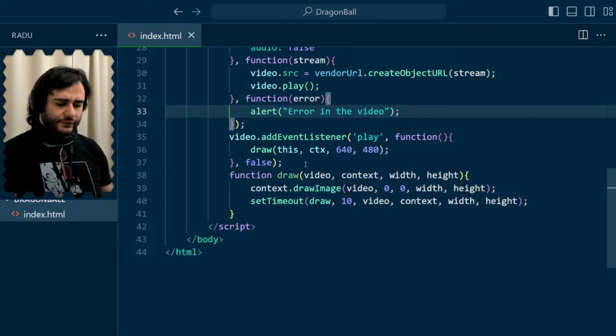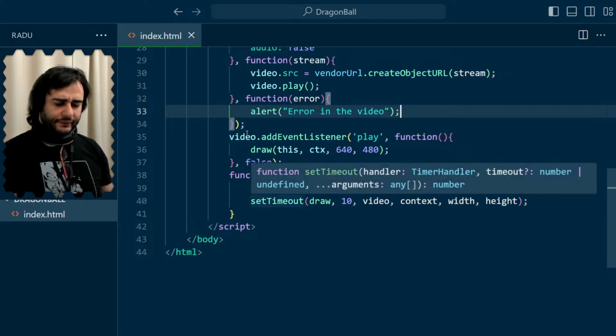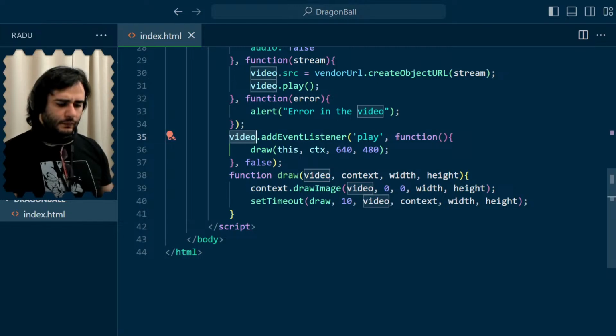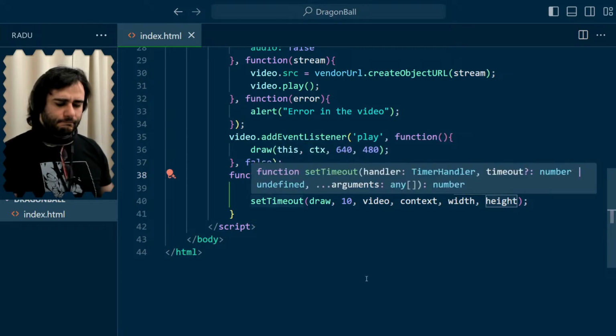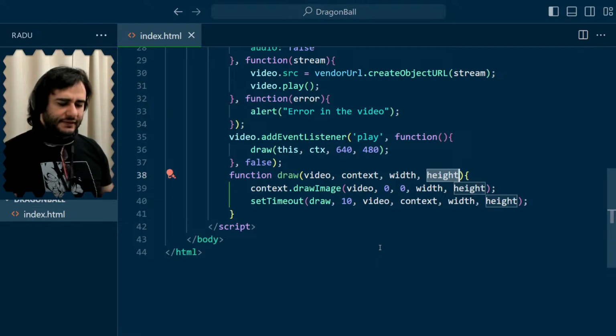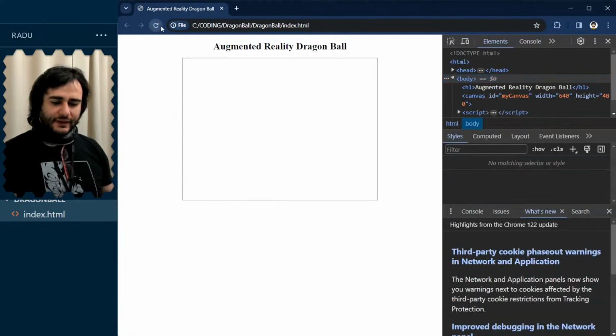It wants to already draw the video on the context. So it creates a new helper function for that, passes context as a parameter, and then the width and the height. Yeah, let's just see if this works. And then it does a kind of animation loop here where draw is called again and again and again. Yeah, this might actually work,